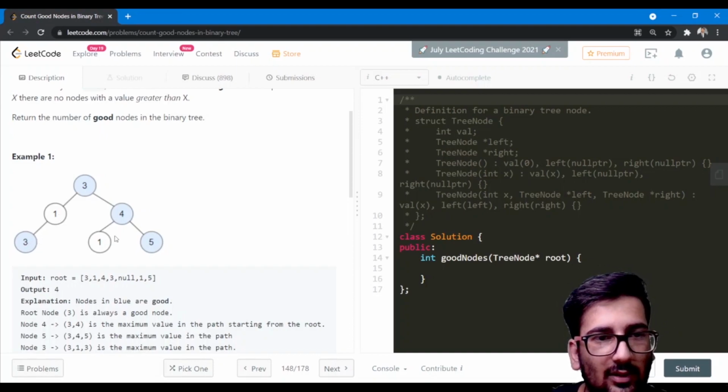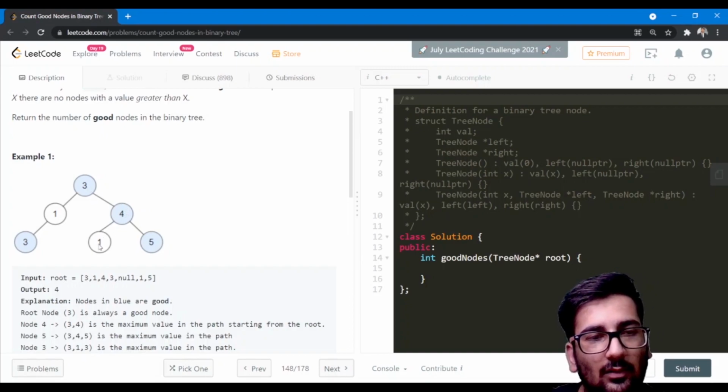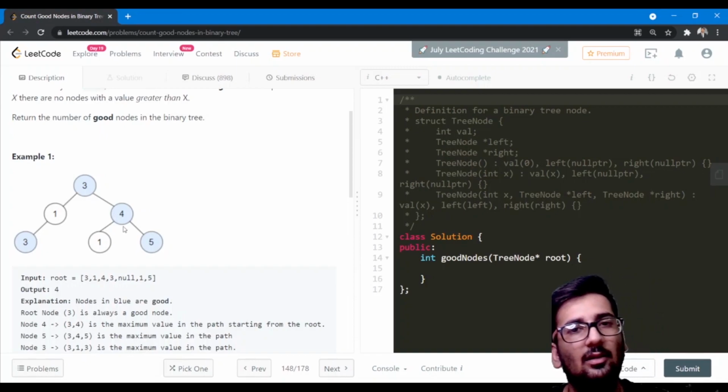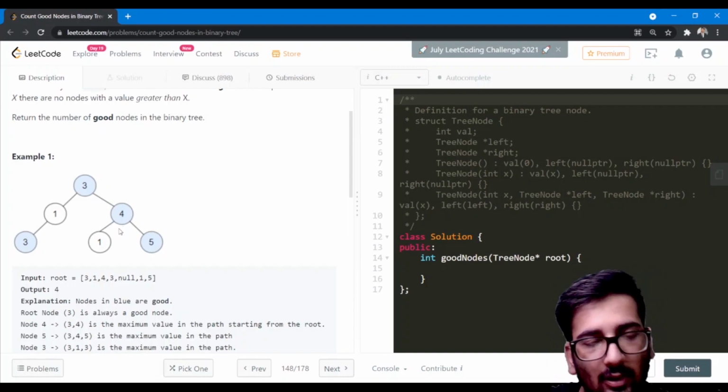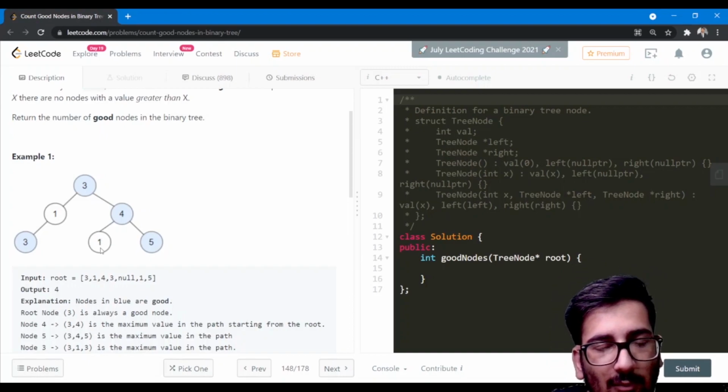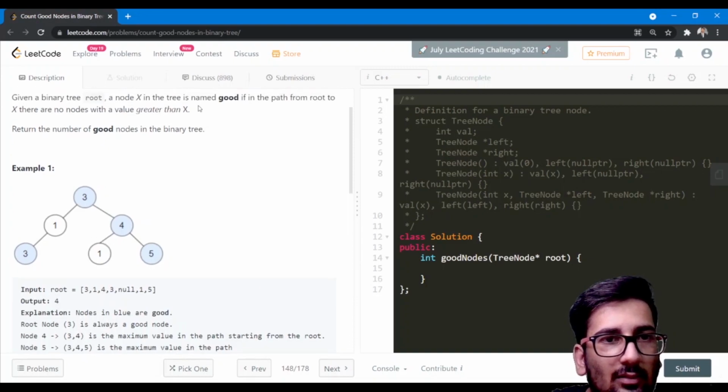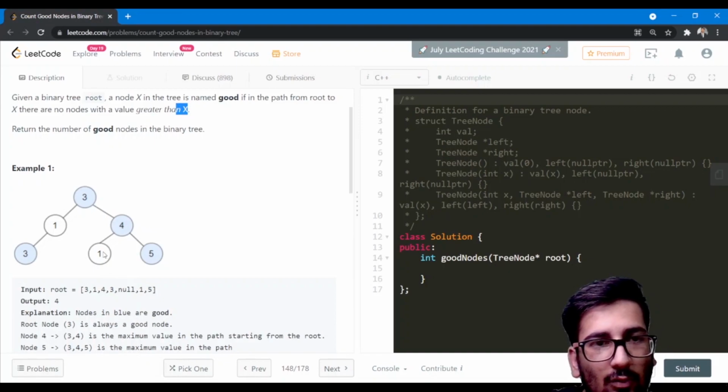Now see this one. Okay, now from 3, 4 and 1, in this case all the nodes are greater. So if there is one node which is greater than this node which we are discussing, or taking as x at a time, then this is not a good node.